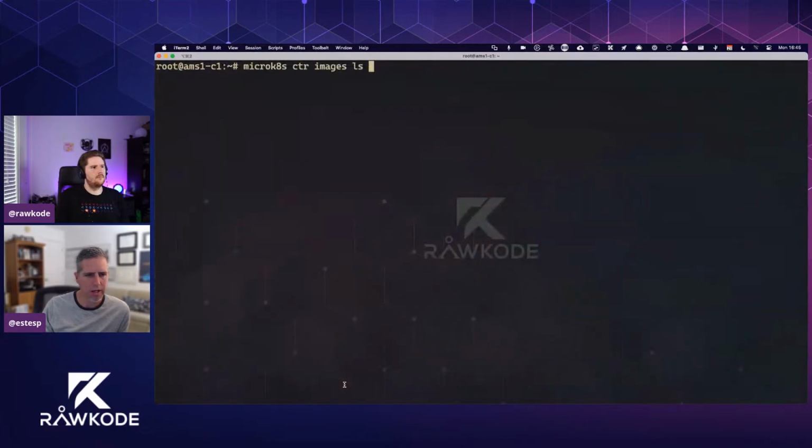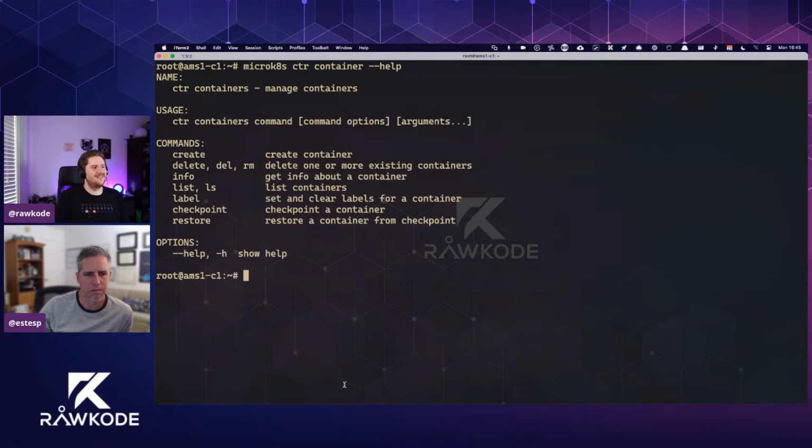The way we do that is with ctr. We actually have a simplified run command; container run works, but with run you don't need to specify the object type.